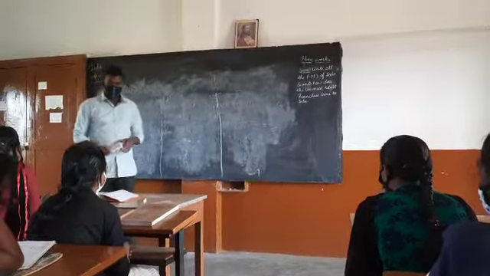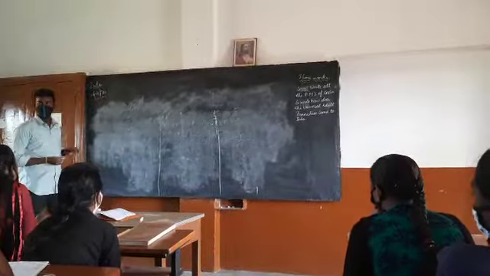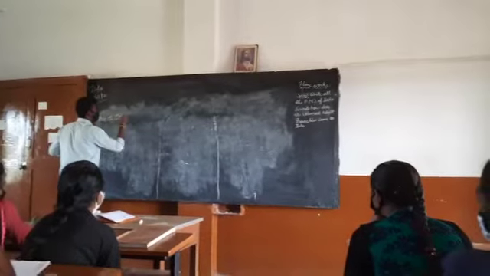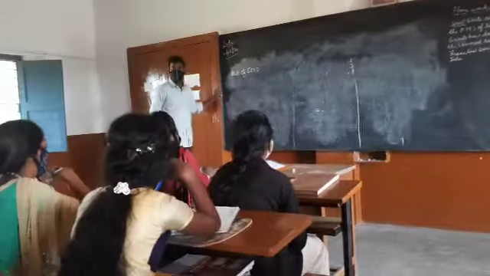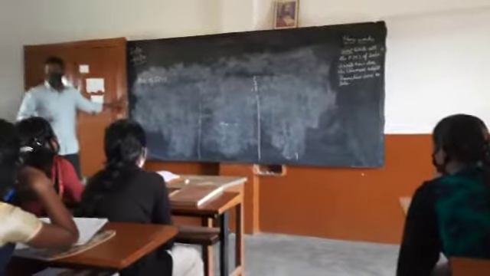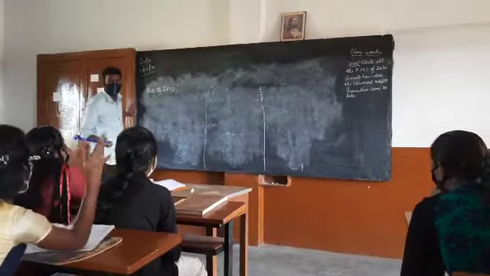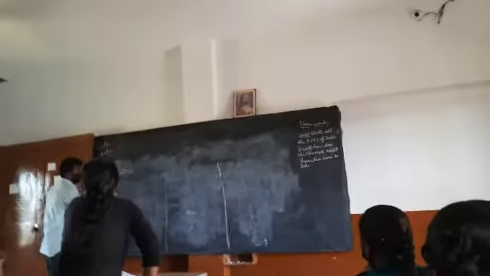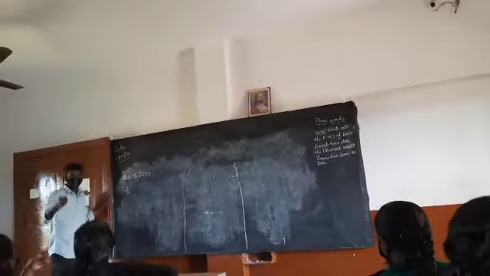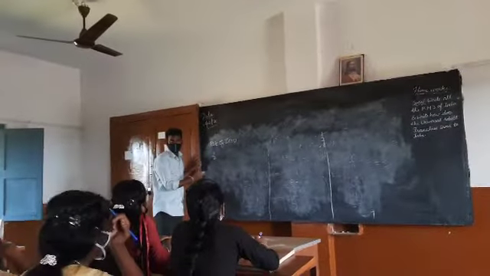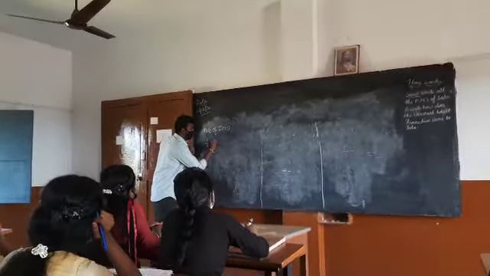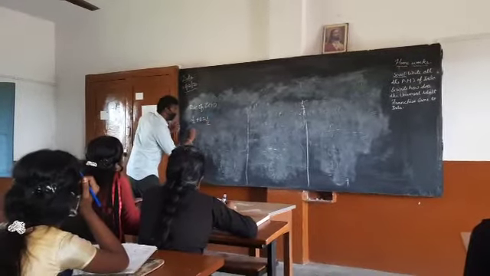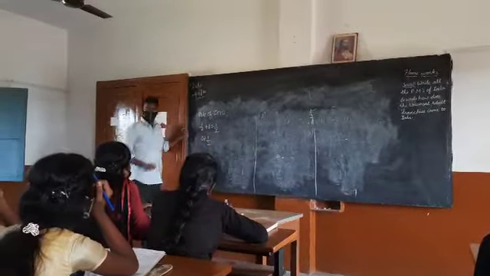The role of 0. Mainly we focus on addition. Can you give me an example of a rational number? So 1 by 2 is there here. If you add 0, what will be the answer? 1 by 2. Very good, 1 by 2. If I add 0 to 1 by 2, the answer is 1 by 2.